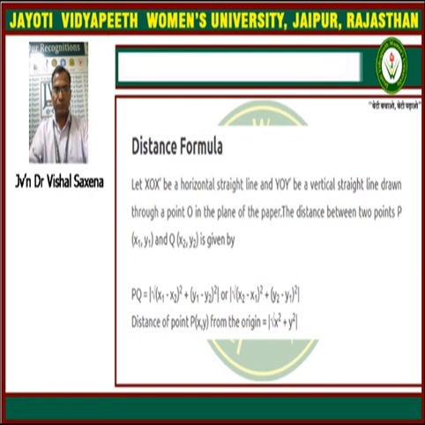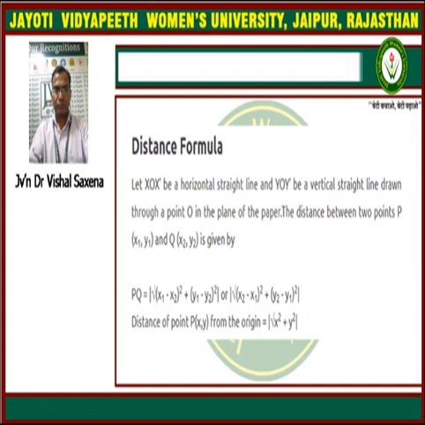And if the point P is taken as x comma y, and we have to find the distance of this point from the origin, so the distance of the point P (x, y) from the origin. In this case we can find the distance between the point P and the origin. Point P is given by (x, y) and the origin means (0, 0).